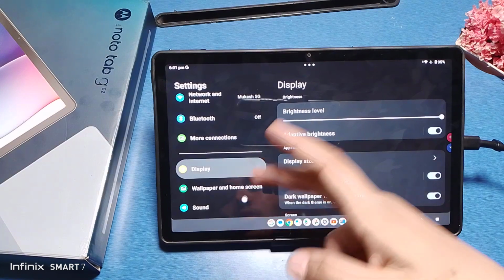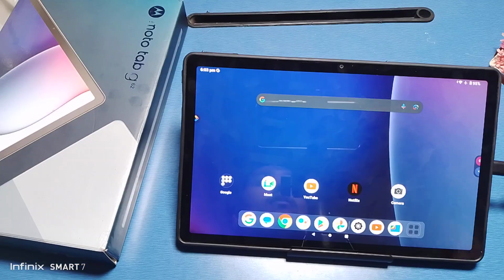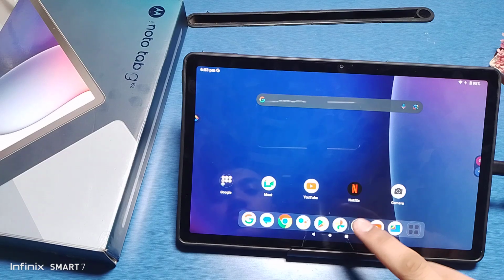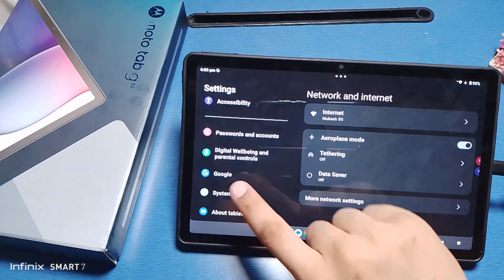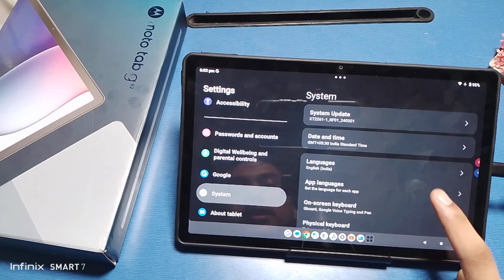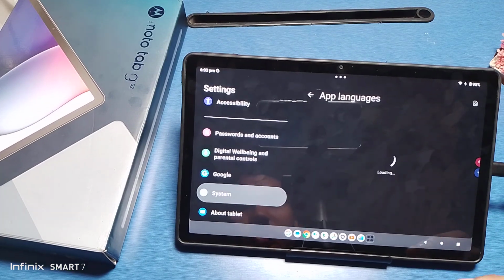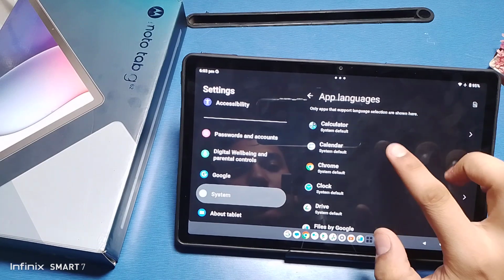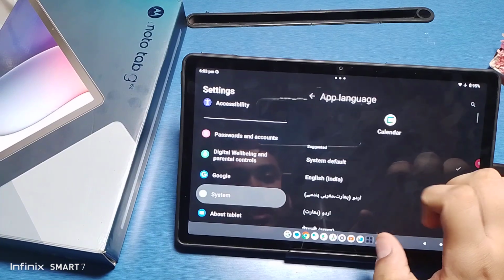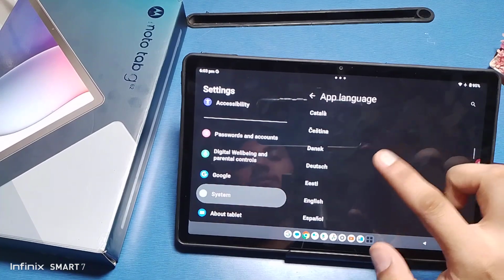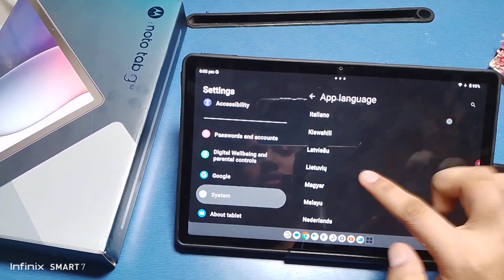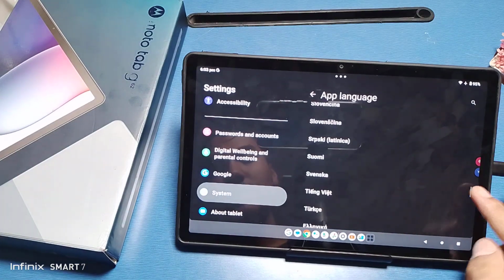Let's talk about the 11th setting, how you can set the app language of each app. You can use a different language. How can you use it? Go to settings, swipe down, go to system. There is an app language for each app. If you want to change the language, you can change it from here. Like it is in English right now, and if you want to change it to Hindi,